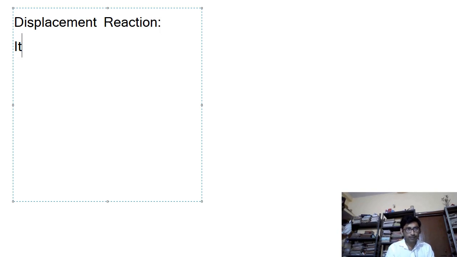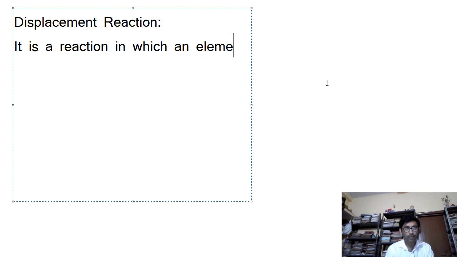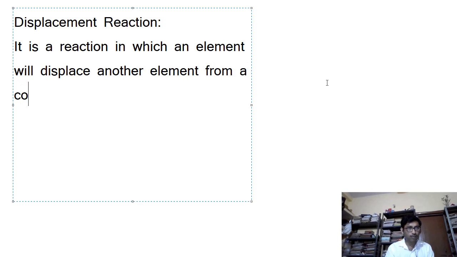Now it is a reaction in which an element will displace another element from a compound to take its place.